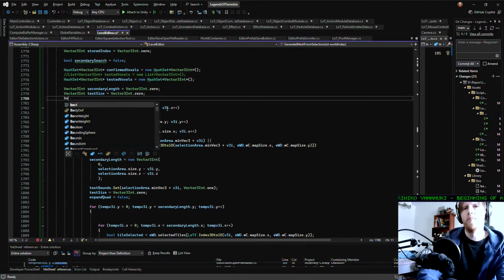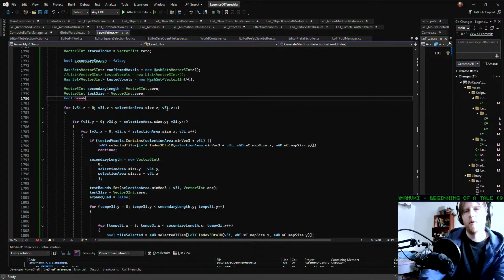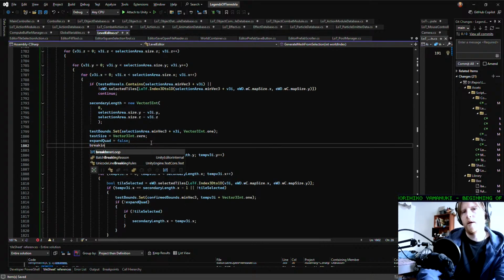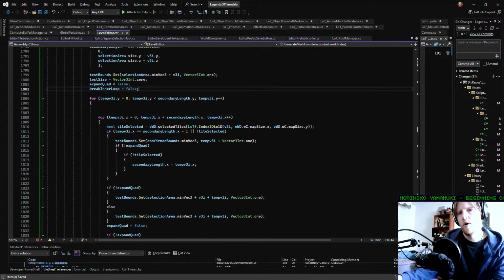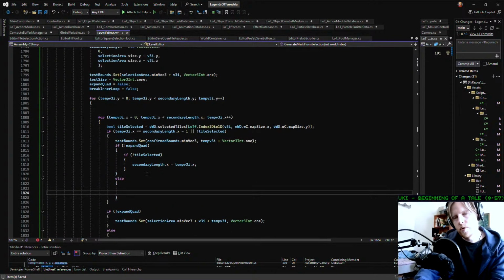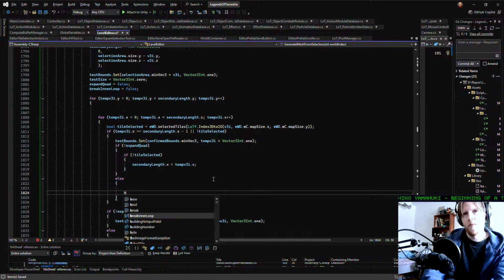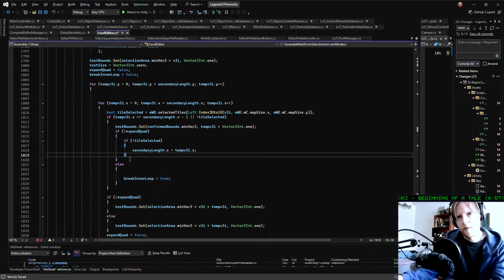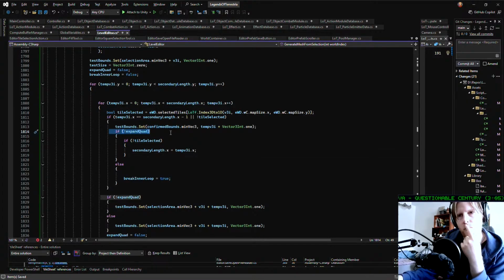We need another boolean called bool break inner loop, equals false. And then here, if expand quad is true, then we need to say break inner loop equals true. And then here, if expand quad is false,